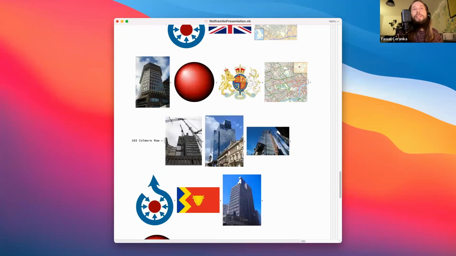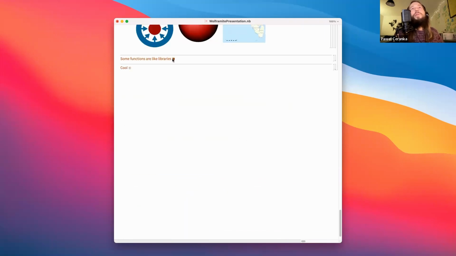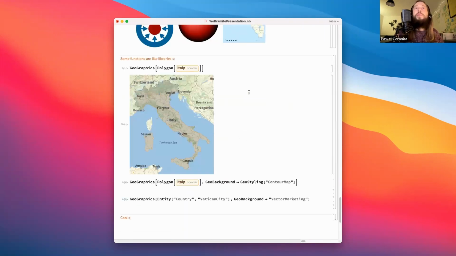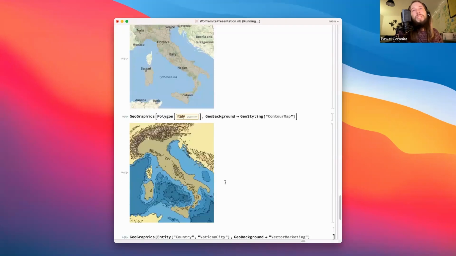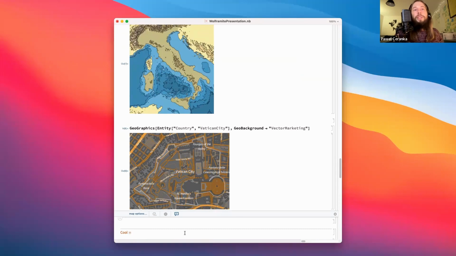A bunch of other interesting things. This is a map, where this is the key and these values are a list of images and stuff. That goes back to the interactive and the symbolic. And you can do a lot of things, right? Like I said, those functions do a lot of things that are sometimes like libraries. So I just evaluate this stuff.